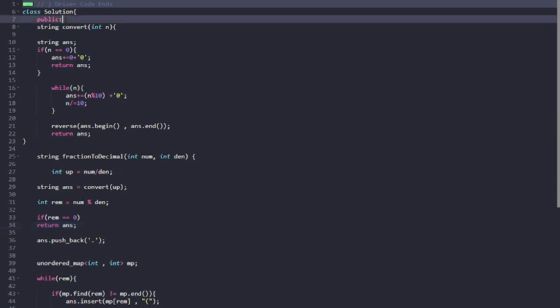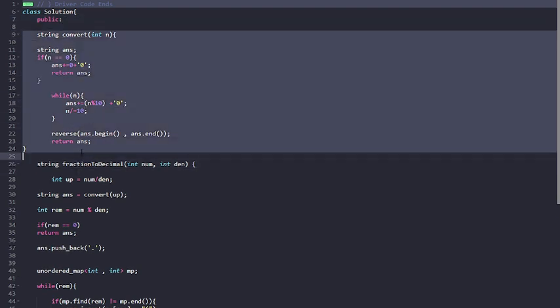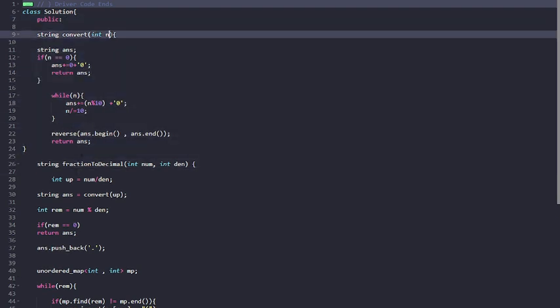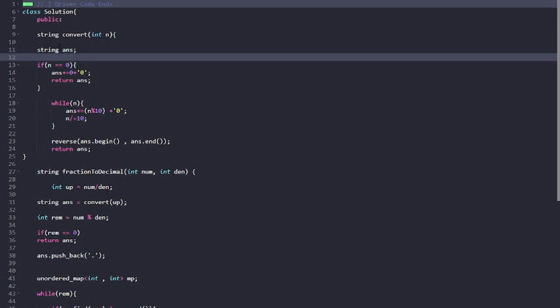We have this helper function, string convert, which is taking a number n, which we have to convert into string form. After that, we took a temporary string to store our answer, or the converted form of this integer into the string. Now the first thing is that if my n is equal to 0, then I have to directly return the answer because my string would contain 0. So this was my base case.